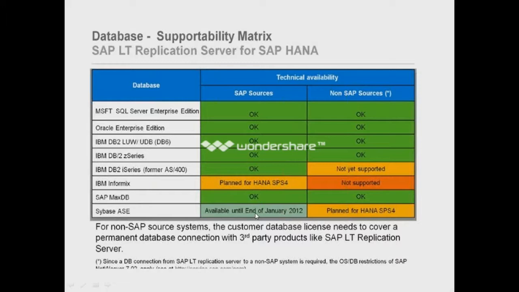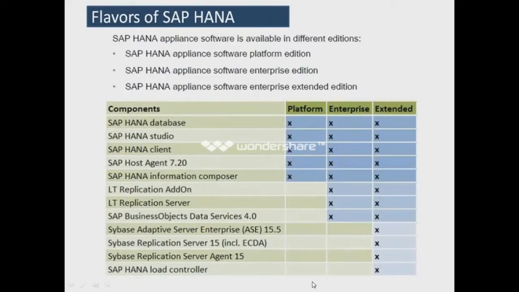Whenever we start with HANA, we start with HANA Studio. HANA Studio is the one where we will learn everything. Whatever models we develop in HANA Studio, we call them information models. Out of these models, the information is supplied to the reports. Using the data schemas and tables, we create these information models in HANA Studio. And these are the steps we need to follow.